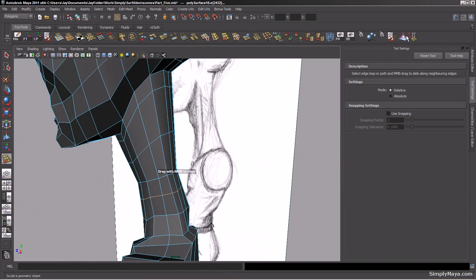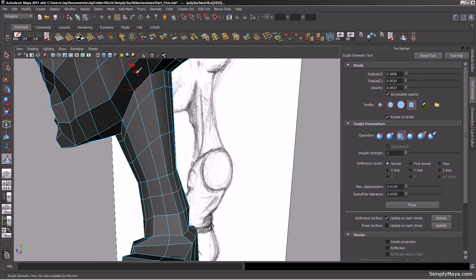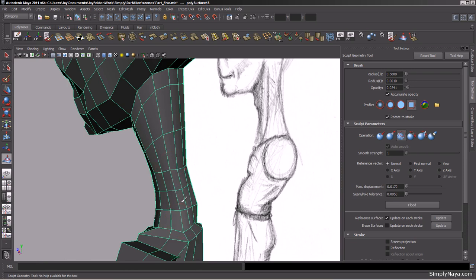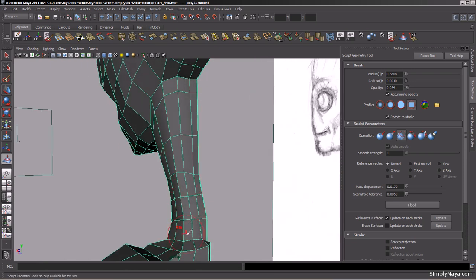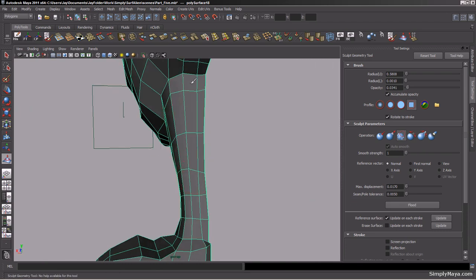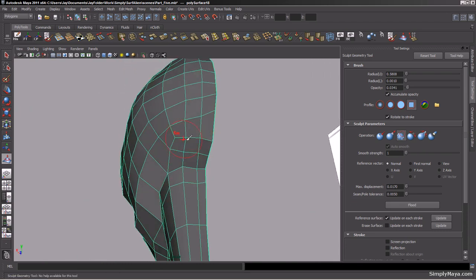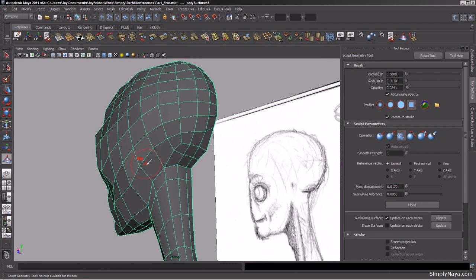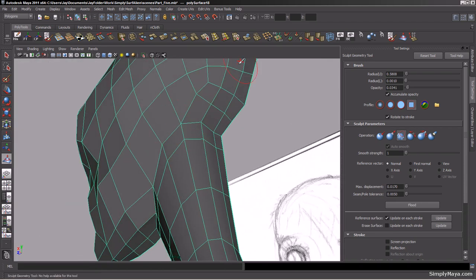Okay, so, and again, I'm just going to use a little bit of smoothing on here just to get it into shape a little bit more. Okay, so areas like this, I really would like to get this sorted actually while we're under there. Not too keen on the geometry, the way that's doing that, so what I'm going to do is I'm going to